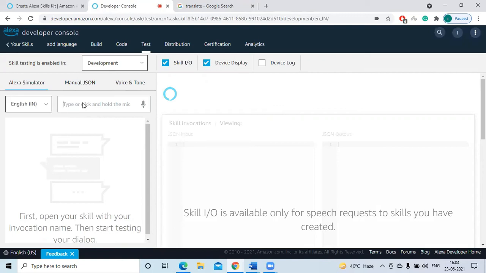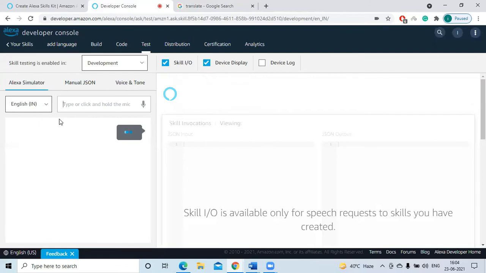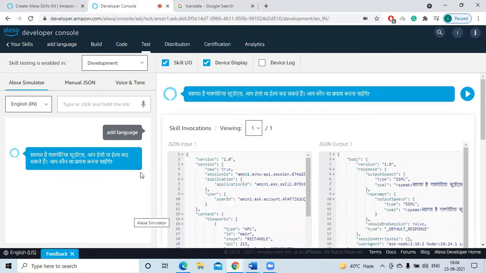Now, if I call this English language, let's check whether it is working or not. स्वागत है गलगोटिया स्टूडेंट्स, आप हेलो या हेल्प कह सकते हैं। आप कौन सा प्रयास करना चाहेंगे? Okay, see here it is talking in Hindi. I have chosen the language English, but because I have changed the backend code, it talks in Hindi. If I choose Arabic also, it will talk in Hindi because in the backend code only Hindi is written.